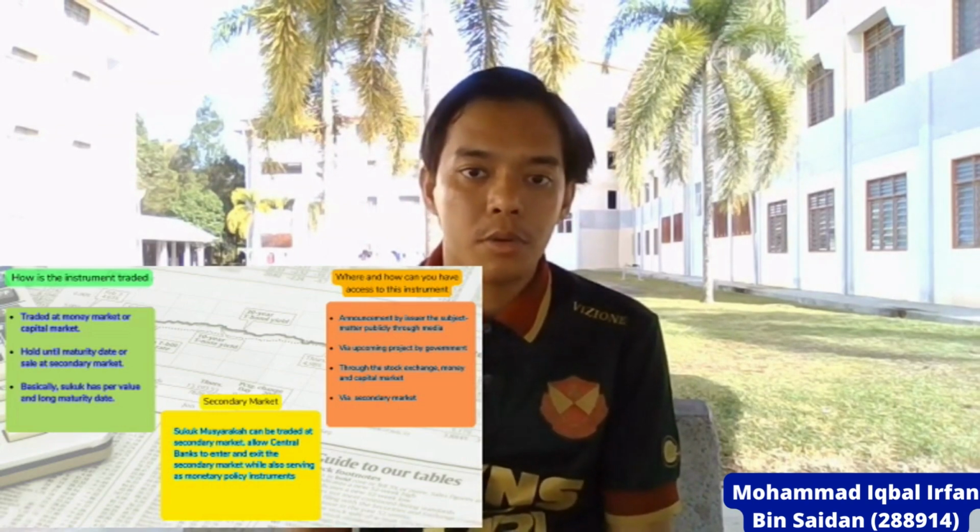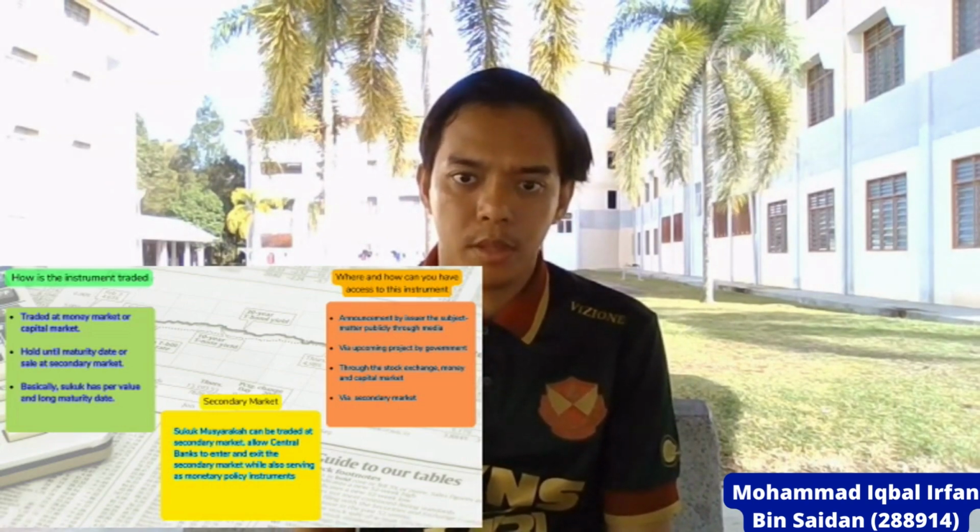So, how is Musyarakah Sukuk used in bank treasury operations? If the bank is in a long position, the bank can buy the Sukuk at the market. And if the bank has a short position, the bank can sell the Sukuk at the market. All this creation happens in the money market. Lastly,